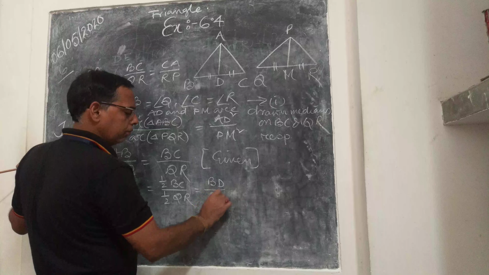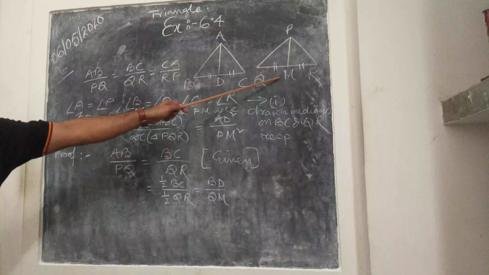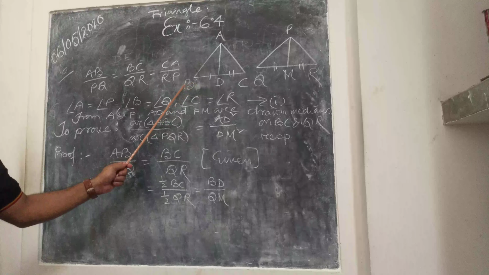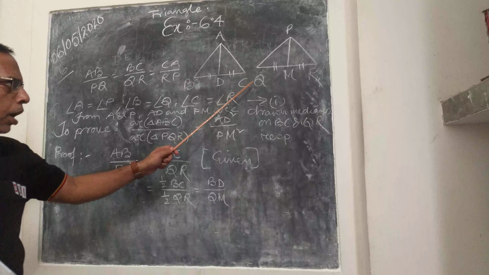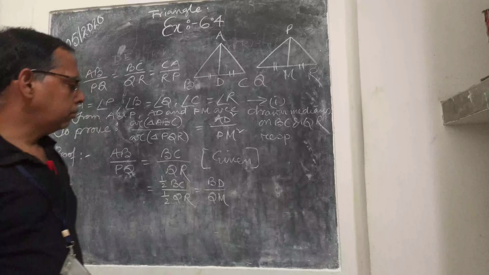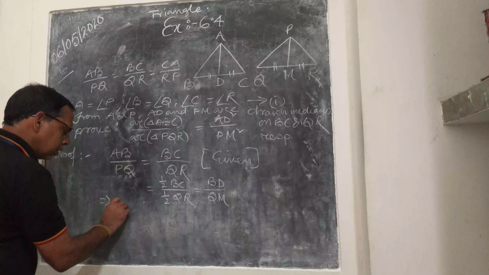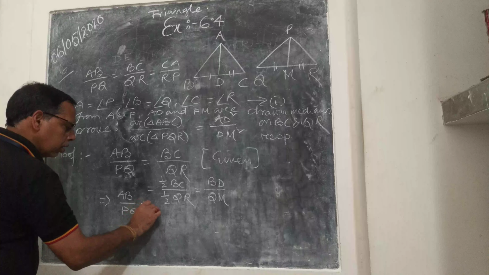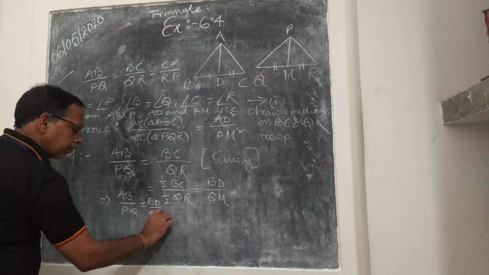Can you write or not? Because D and M are the midpoints, and already I have given the symbol that equal. So instead of half of BC, BD, or DC if you take the other triangle, and half of QR is nothing but QM. So AB by PQ equal to BD by QM,